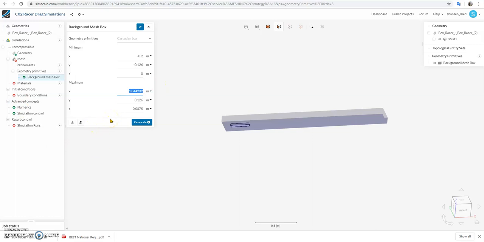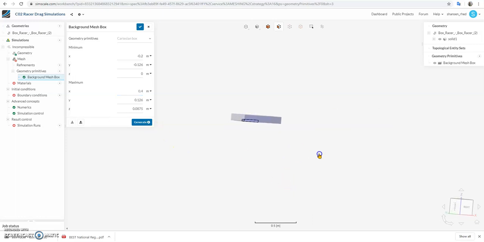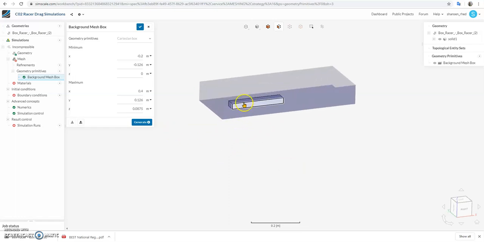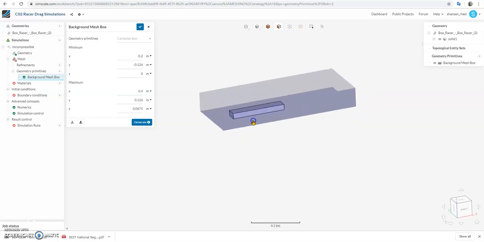Let's make the maximum x-axis distance, let's say 1.83. Let's try 0.4. That'll shrink things down a little bit. We'll get a slightly faster simulation and hopefully still be able to see what's happening with the aerodynamics of this very, very simple design. All